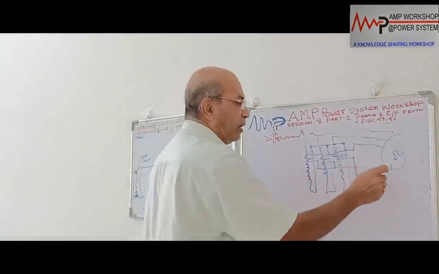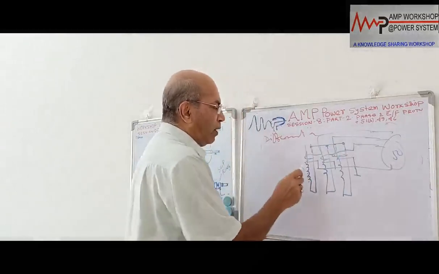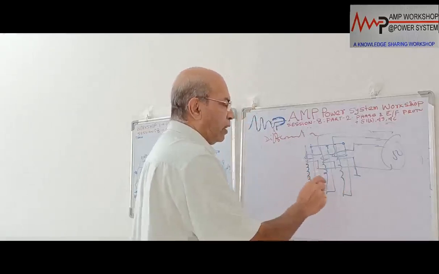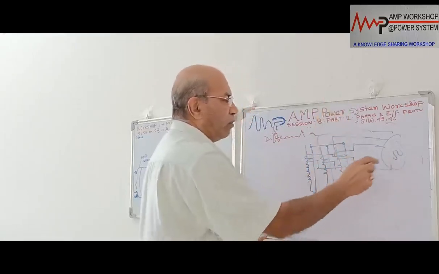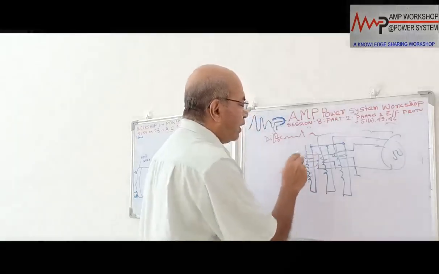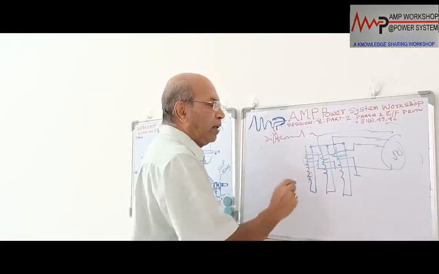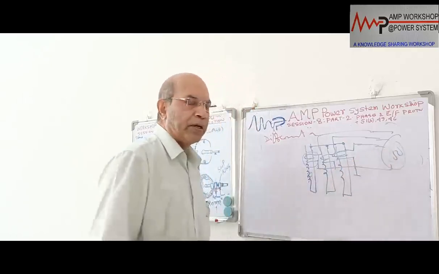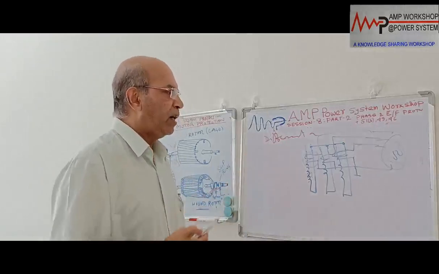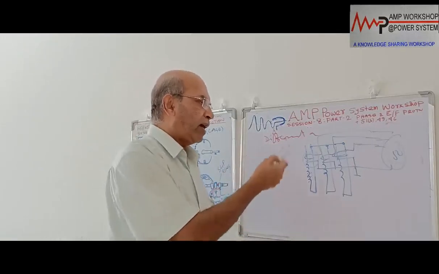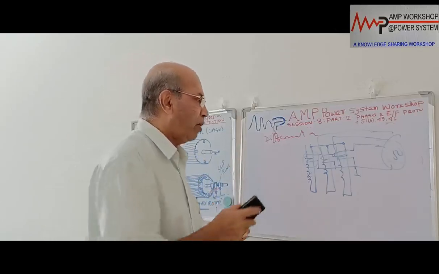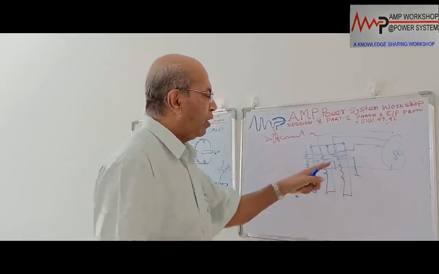In that case, this CT with a low ratio will work, because you see here, in normal condition the current is balanced. Even in normal condition or outside fault the current is balanced, no current will flow through the relay. Only when there is an internal fault, then the corresponding CT current will be high in comparison to the other CTs, and immediately the 50 relay will operate. So this way we can put the self-balancing instantaneous overcurrent protection that will actually act as a differential protection. Okay, this is another way you can provide the differential protection when we don't have 6 CTs, we have only 3 CTs.